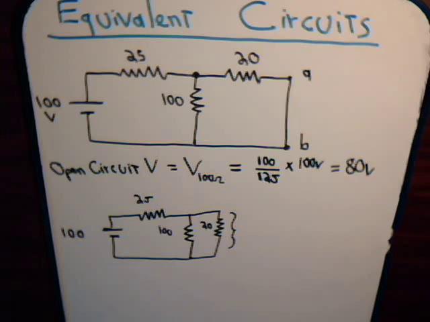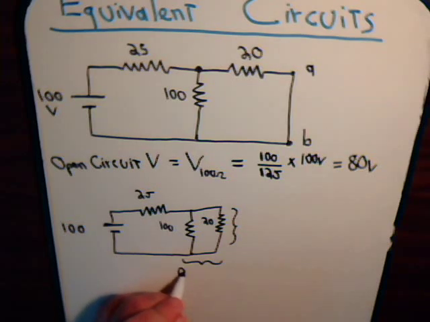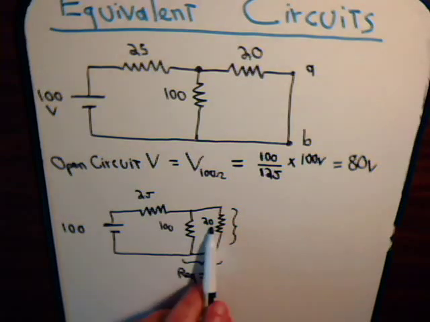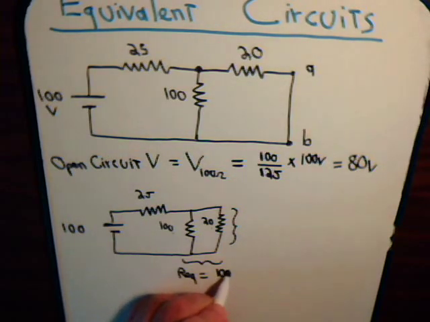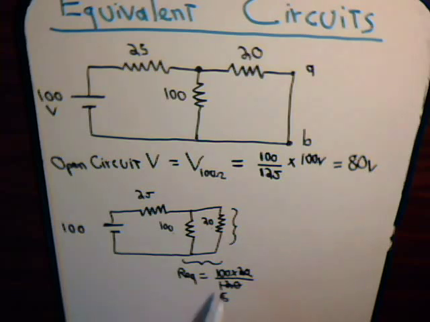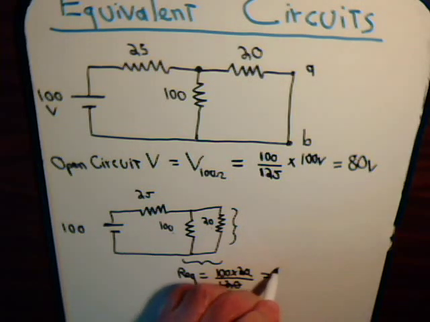Again, this is pretty simple to determine. First of all, we can see that these two are in parallel, so the equivalent resistance is just 100 times 20, divided by their sum, 120. This goes into here 6 times, so that's 100 over 6, which is the same as 50 over 3